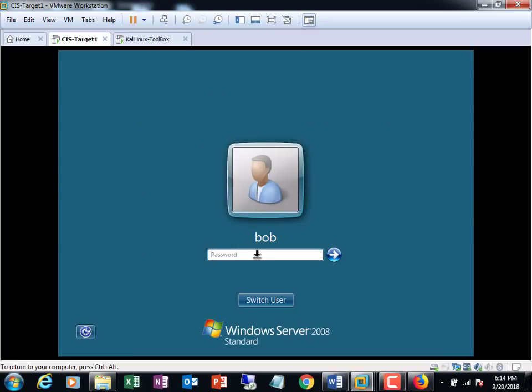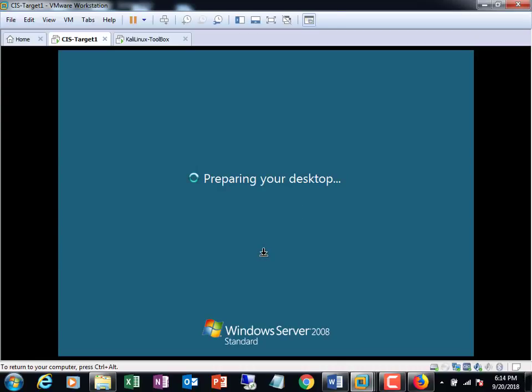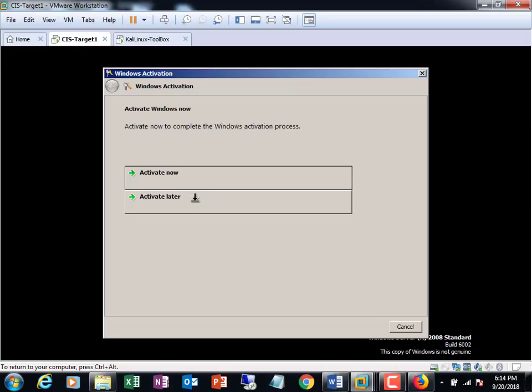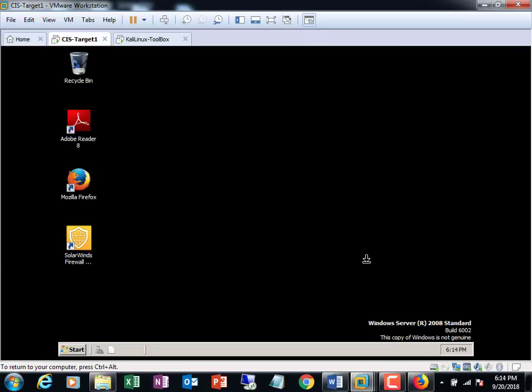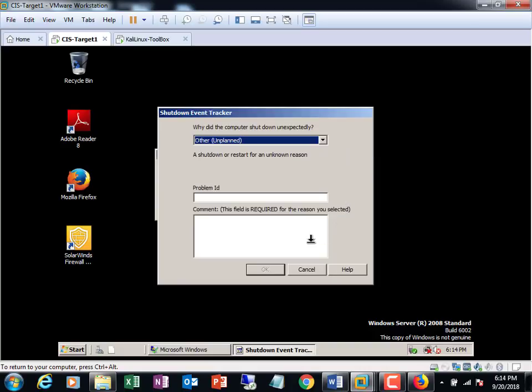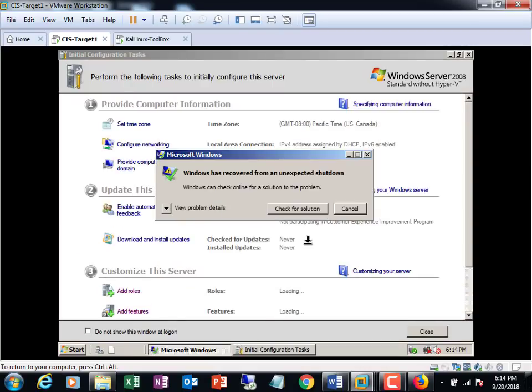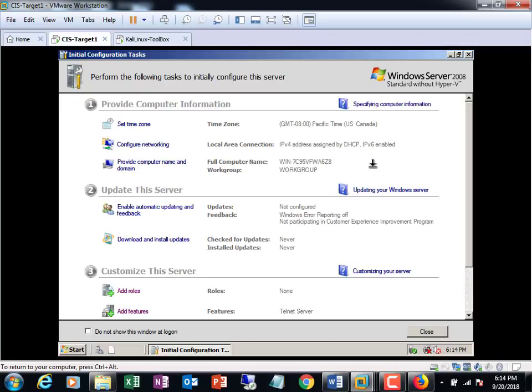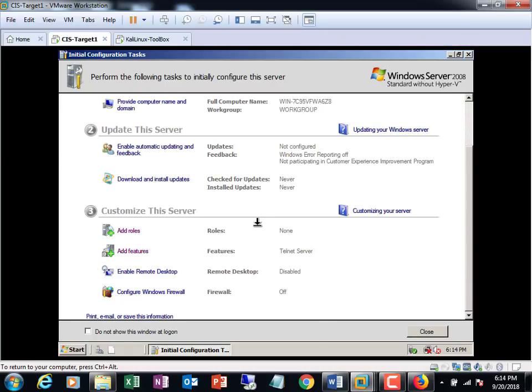We want Bob. All right, so once you recover from that, in order to make a persistence backdoor,